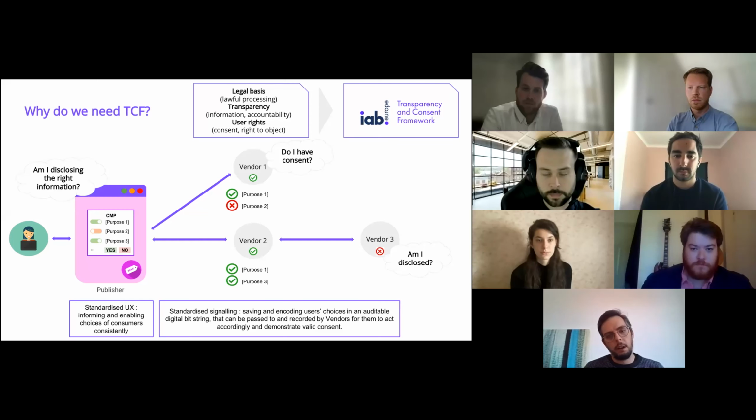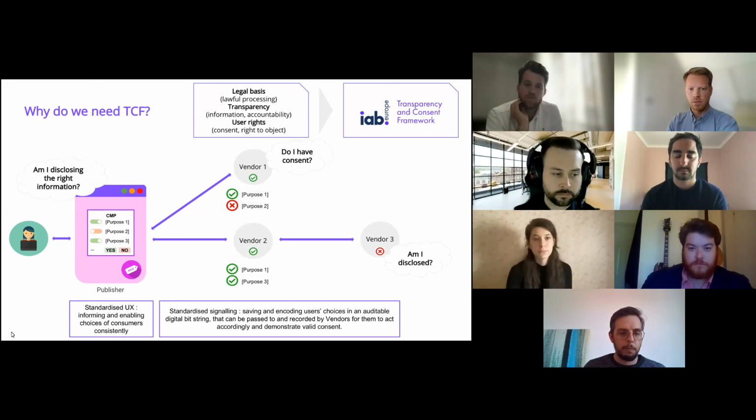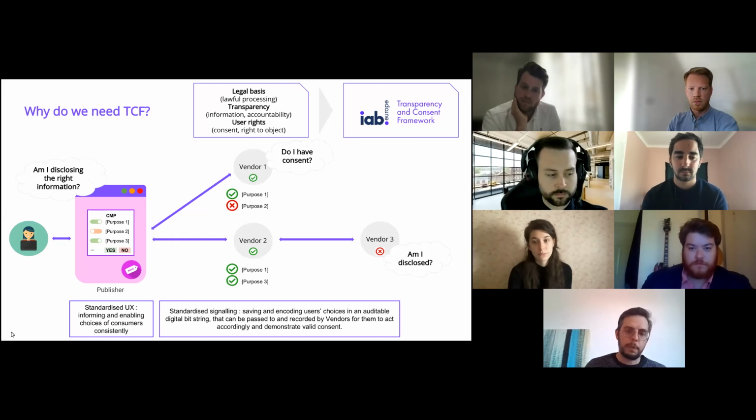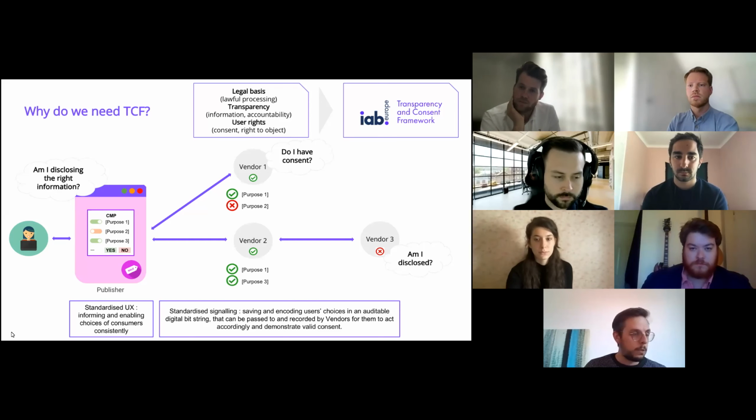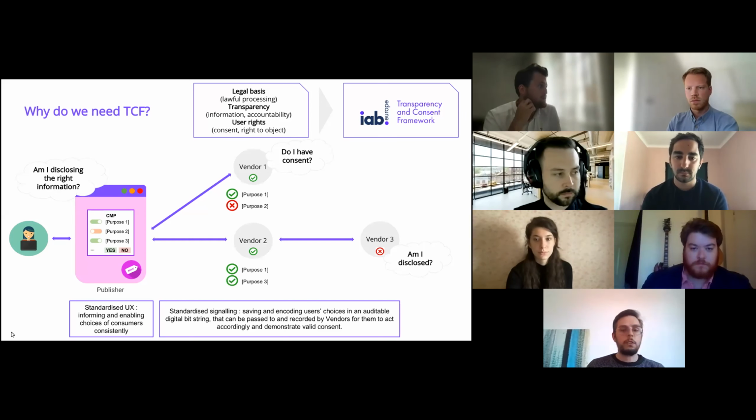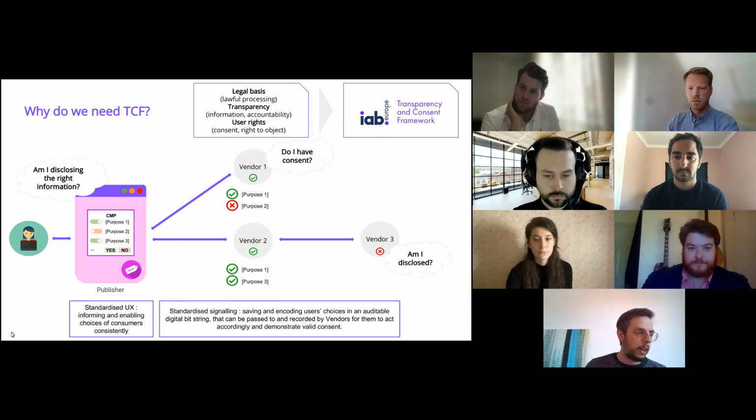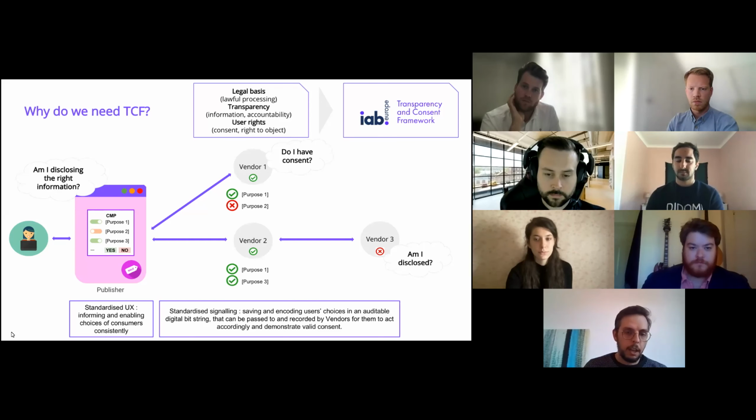is to reflect certain requirements of the law, which are contained in the e-privacy directive and the GDPR, into the TCF policies, into what are translated into TCF policies and technical specifications that are then specified for the digital advertising sector. So it aims to operationalize things like gathering the user's consent for storage and access operations, or providing transparency as well as opt-in and opt-out functionalities for users, so that vendors or third parties in the digital ads ecosystem can establish and leverage successfully and in a compliant way a legal basis under the GDPR and the e-privacy